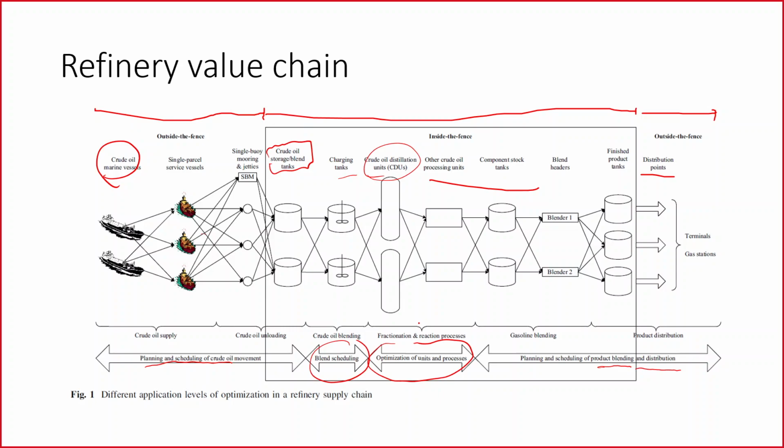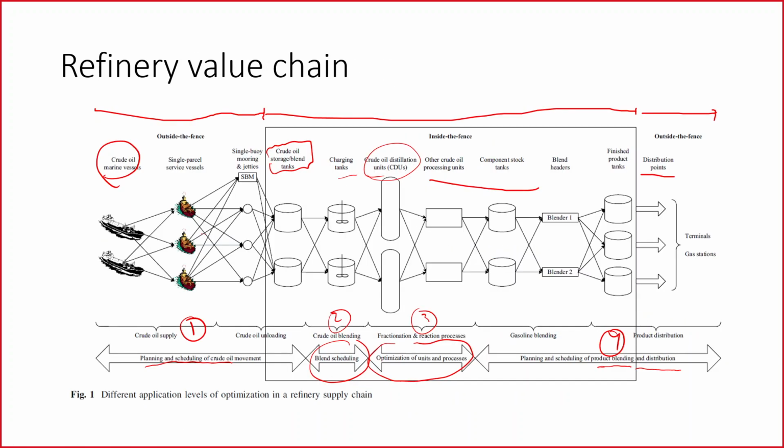So there are four, how do I call it, four basically rough, from this diagram. There are four types of optimization. Number one is that we optimize the planning of the crude oils. And then number two is that we optimize the blend of the crude oils, and then number three is that we optimize the unit processing in the refinery itself, and then number four is the blending and the planning for the products distribution. So these four,